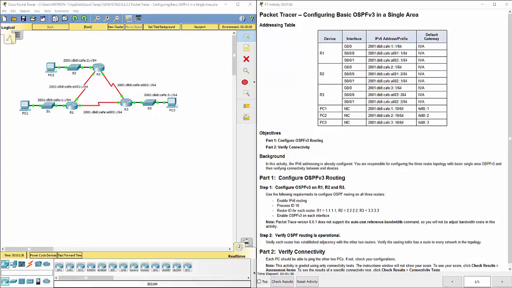Hello, this video walks through completing Packet Tracer Assignment 8.3.3.5, configuring Basic OSPF version 3 in a single area. This lab is a part of the Routing and Switching Essentials Cisco Networking Academy curriculum. Now in this lab, we are going to configure OSPF version 3, which was made to allow IP version 6